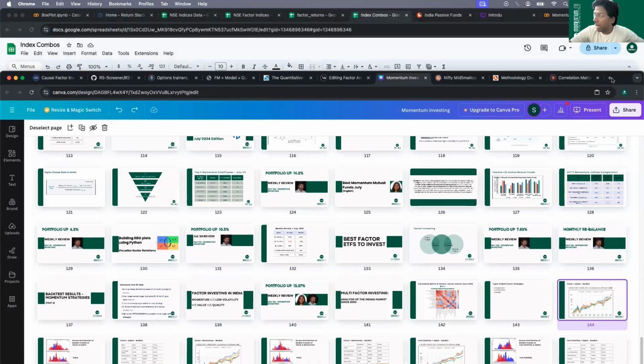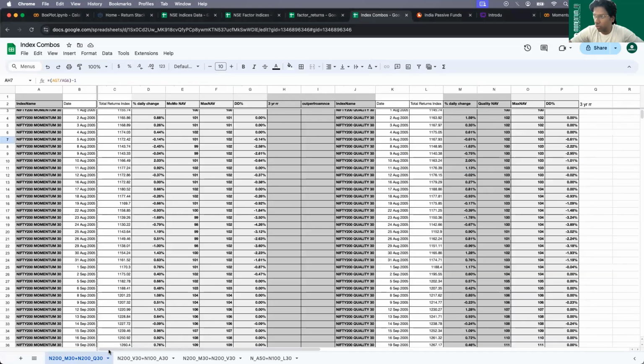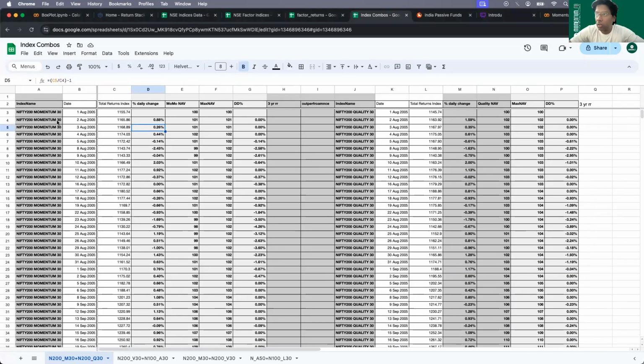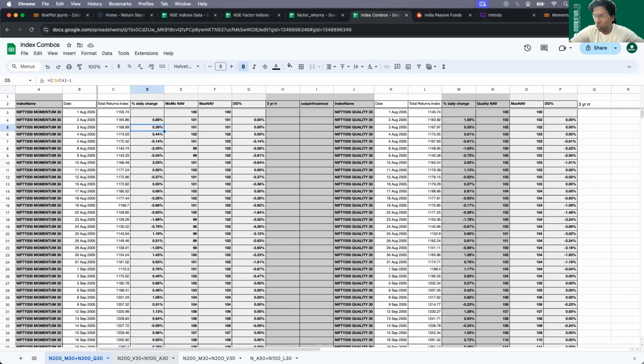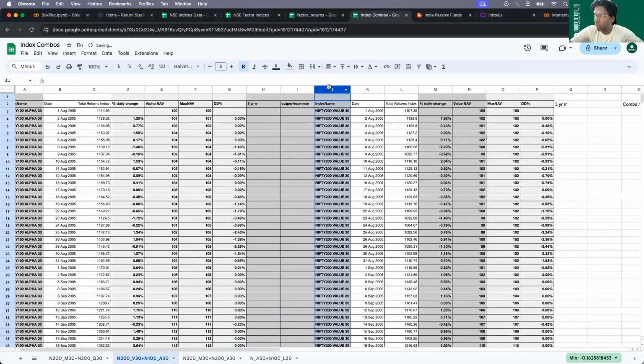Now, I wanted to show how I am calculating this combination so that if someone wants to try, it will be easier for them to do so. First, I'll take all the values of the strategy that I want to add. First, I wanted to add Nifty 100 Alpha 30. I have the date and total return index from the NSE website. And from there on, I've calculated some derived metrics like the daily percentage change, the NAV, max drawdown, 3-year rolling returns, etc. In the same way, I've calculated the values of Nifty 200 Value 30: its NAV, its daily change,